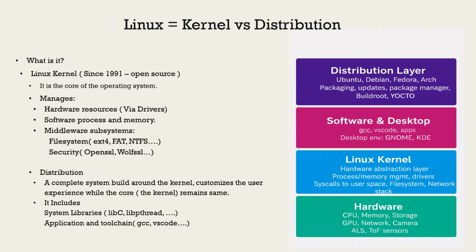So if you see on the right side, this is basically an architecture of Linux. It's the expanded form of the Linux architecture, because Linux architecture basically divides into two layers. The upper one is called the user space. So if you see the top two layers here, the distribution layer and the software and desktop layer, these two are the part of Linux user space. And if you see the bottom two layers, the Linux kernel and the hardware,